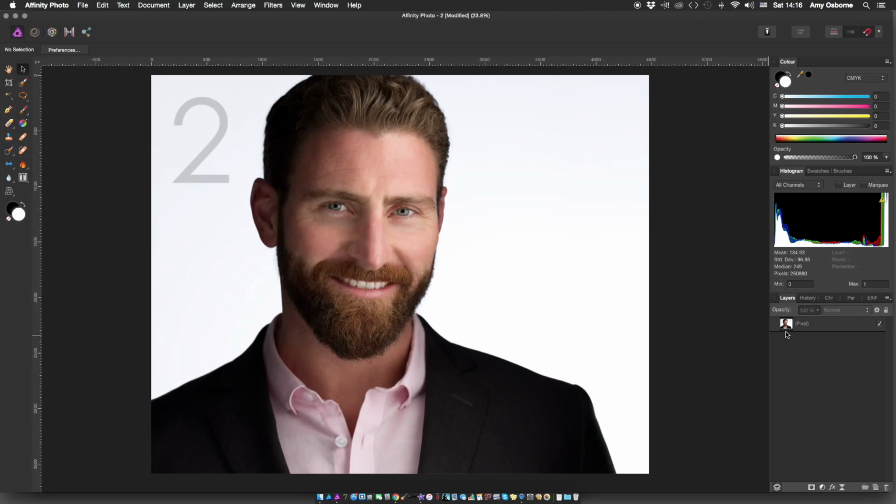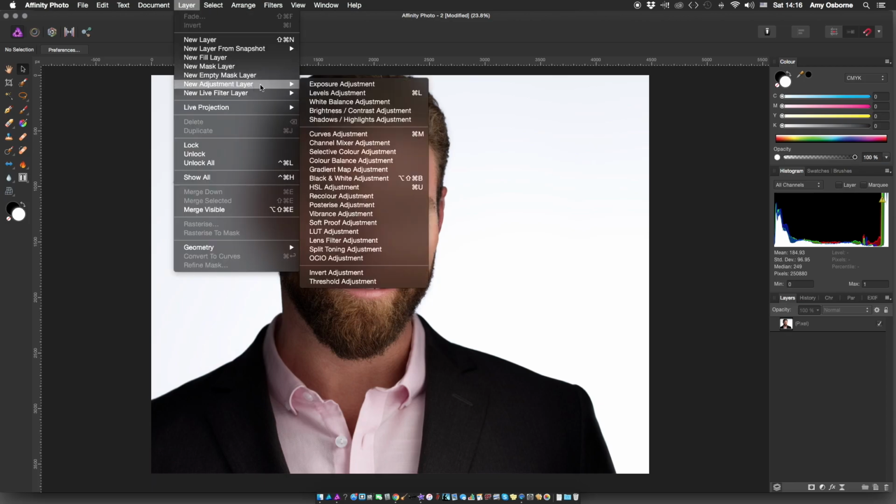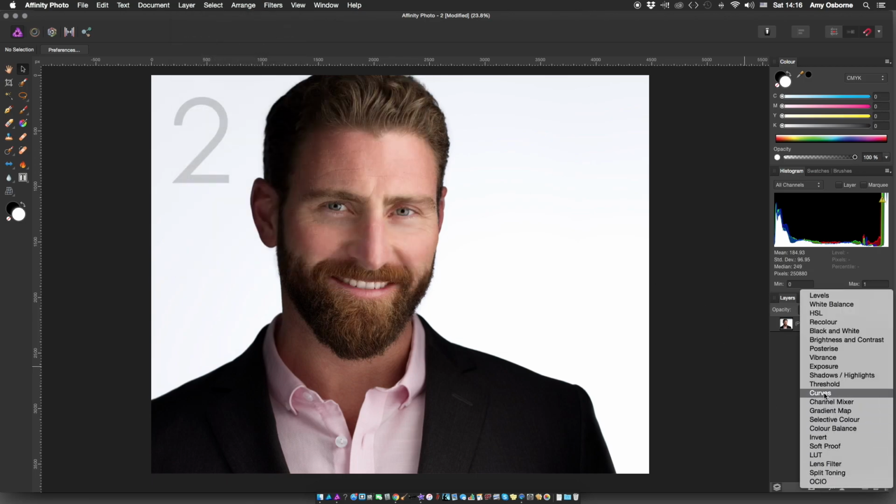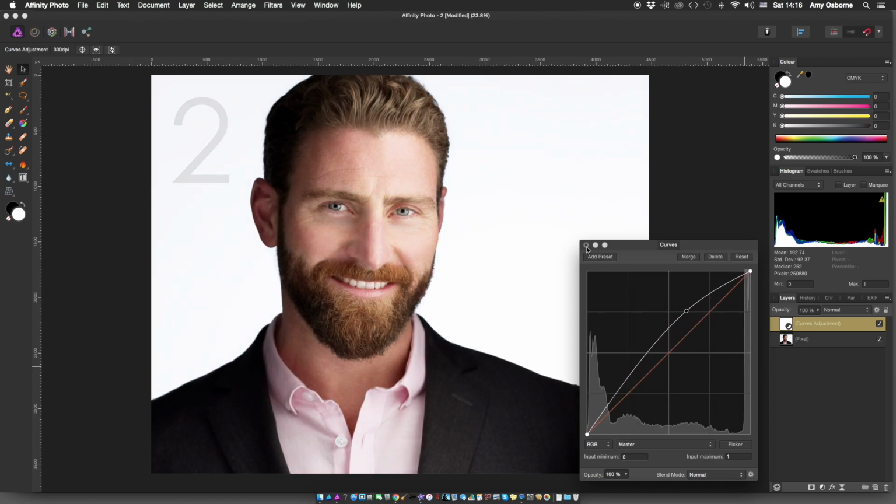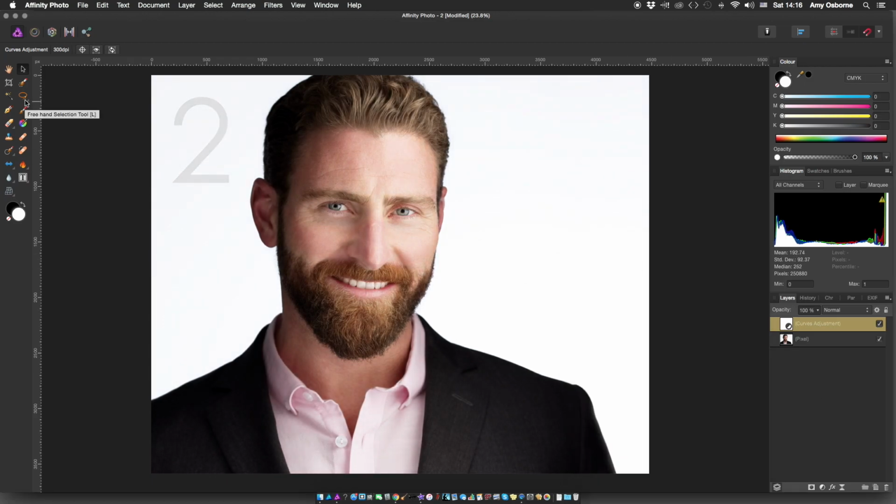Okay, so this is Jason. We're going to be, again, using a subtractive process. We're going to work with other types of adjustment layers a little bit later, but just for the purpose of this tutorial, we're going to stick with just a curves adjustment layer, and we're going to be pulling the curves up. Okay, so this time, instead of grabbing the eraser to subtract from the curves adjustment layer, we are going